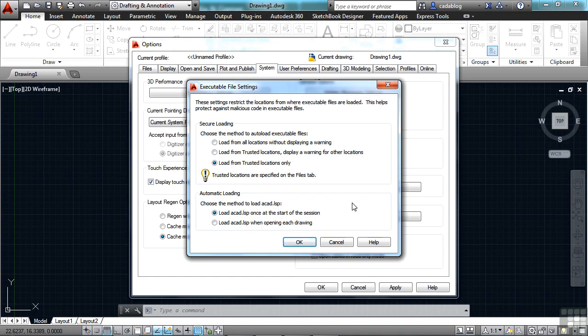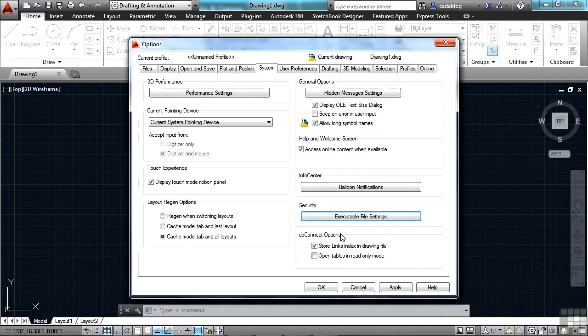Now, the acad.lsp file will load certain things for you automatically, and it always has done this. This just gives you a place to control when that file is going to load. Is it going to load at the start of every session, meaning right when you turn on AutoCAD and then no other time, or when you open up each drawing? It's up to you. But this is just another little tool that Autodesk has put into AutoCAD to help keep things more secure,